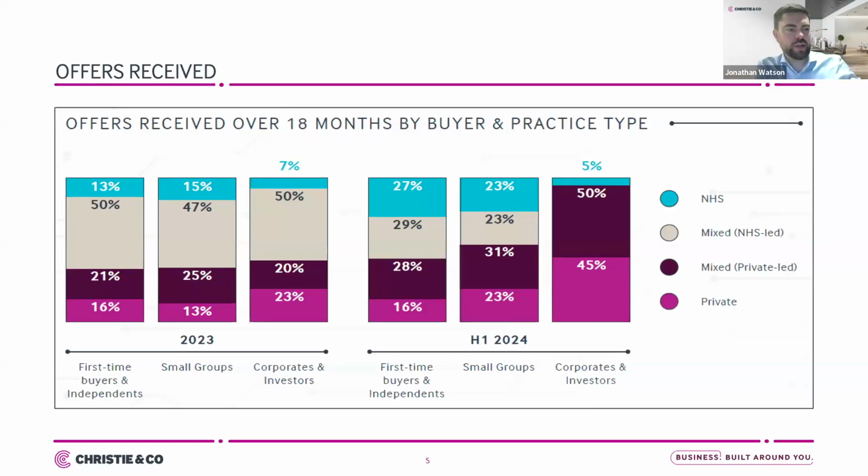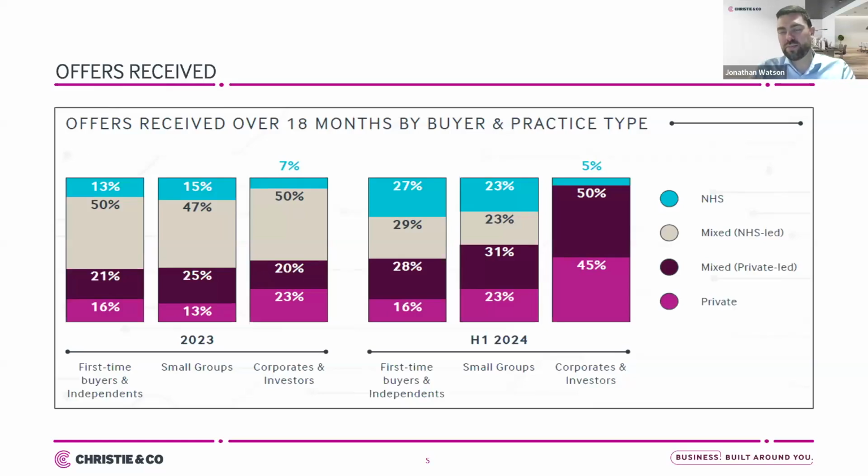But I think the interesting one, as I mentioned before, is that third chart from the right, in that first-time buyers and independents were 61% of buyers, and smaller groups are still looking at mixed practices. So whilst we're seeing the corporates pull away from NHS dentistry, there's absolutely buyers for your NHS practices. Notwithstanding what Dan and Simon said earlier about a lot of people choosing to convert because of the issues with recruitment, retention of dentists, a lot of NHS dentists moving to the private sector,